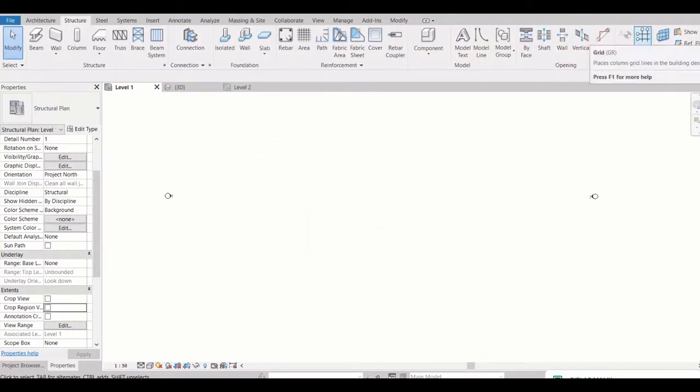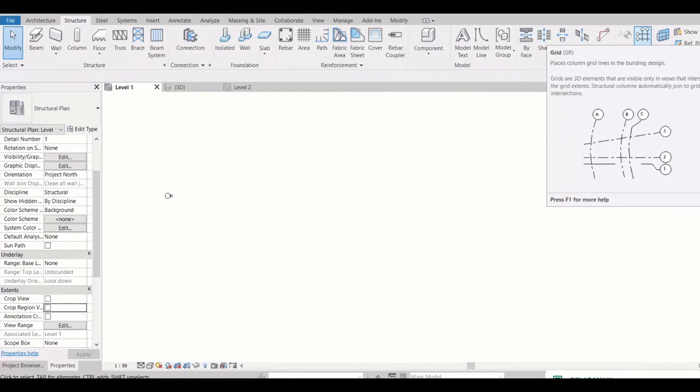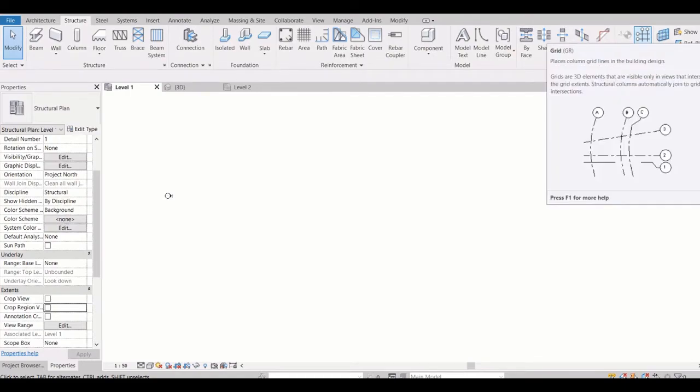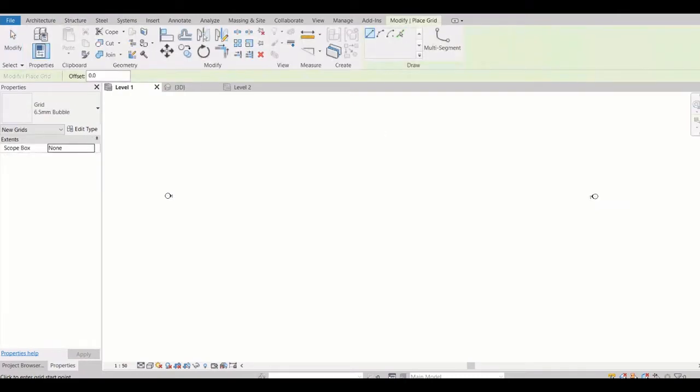Okay, this section. Now we'll create grids. Whenever you click any tool, it will show the short name, or you can customize the command, which is GR. So just start drawing it.